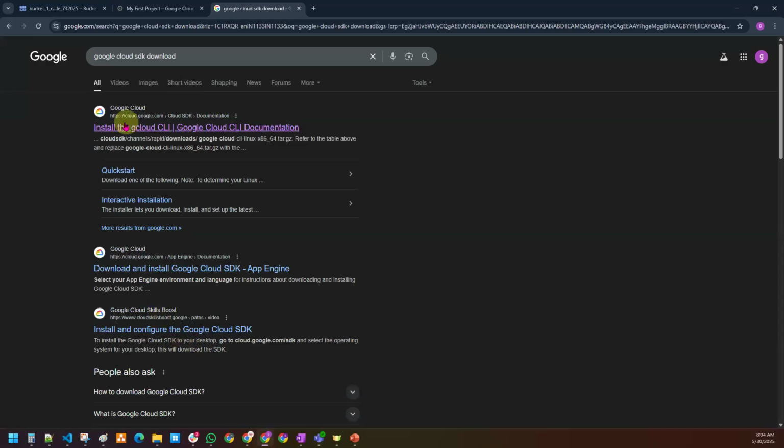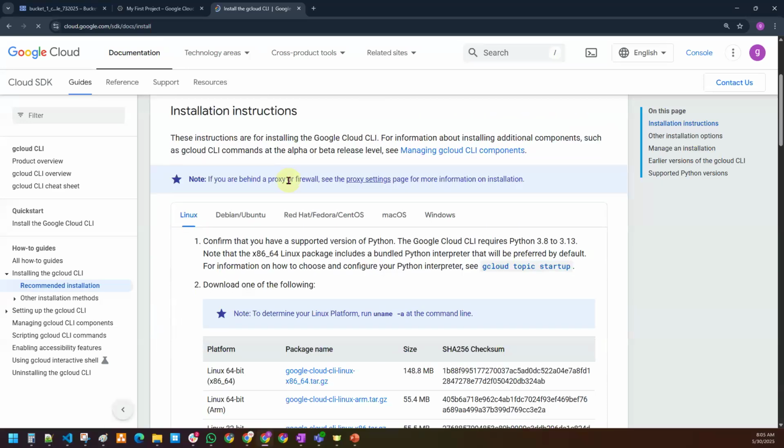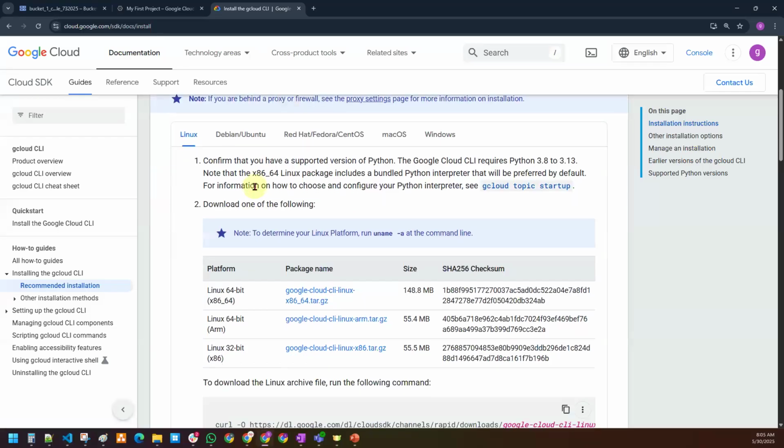The moment you click on enter, you see the first page, Install Google Cloud CLI or SDK, both are the same. You see the installation instructions. If your operating system is Linux, Debian, Ubuntu, Red Hat, Fedora, CentOS, Mac OS, or Windows, you should be able to download the SDK and install it on top of your local machine.